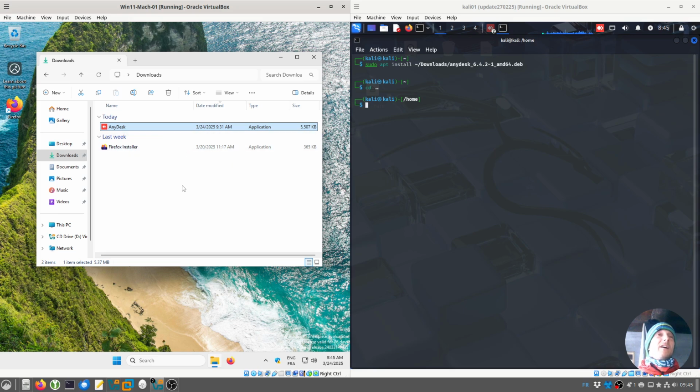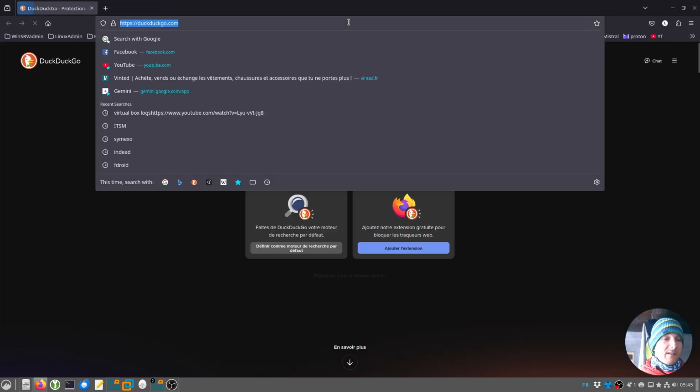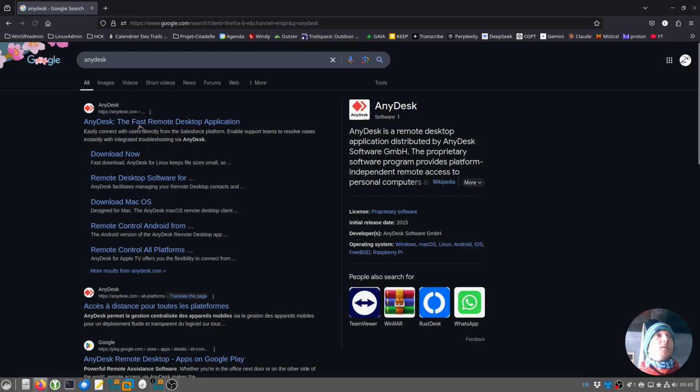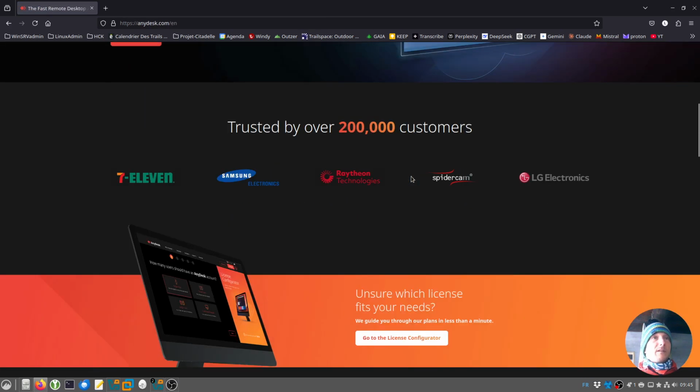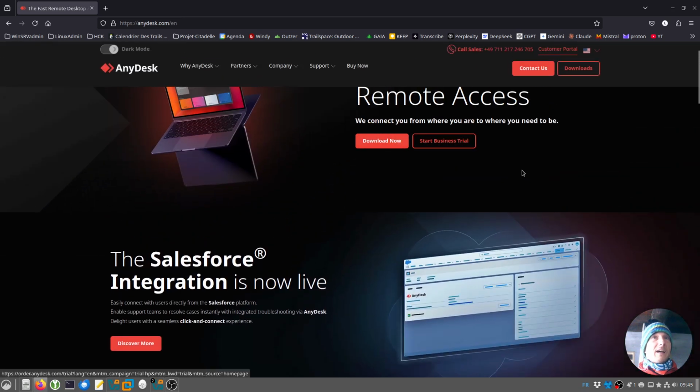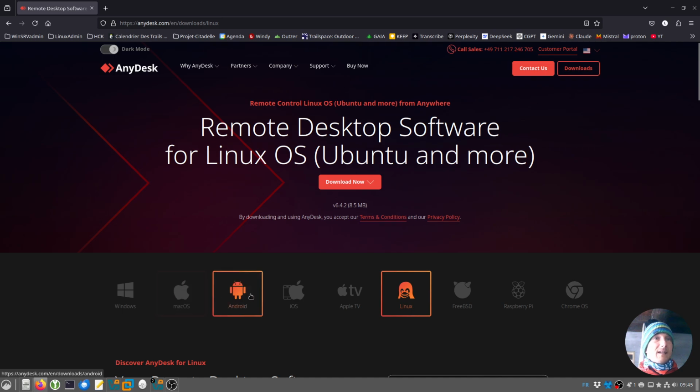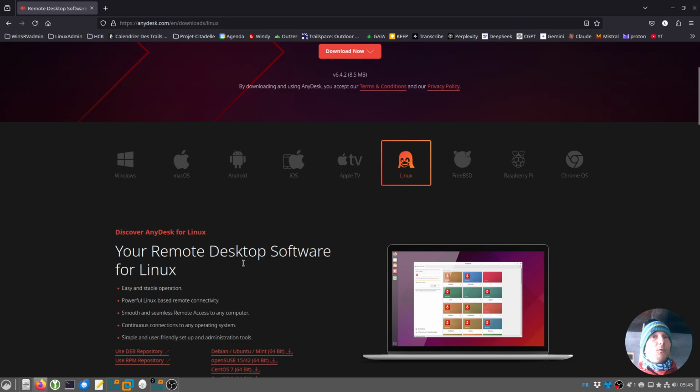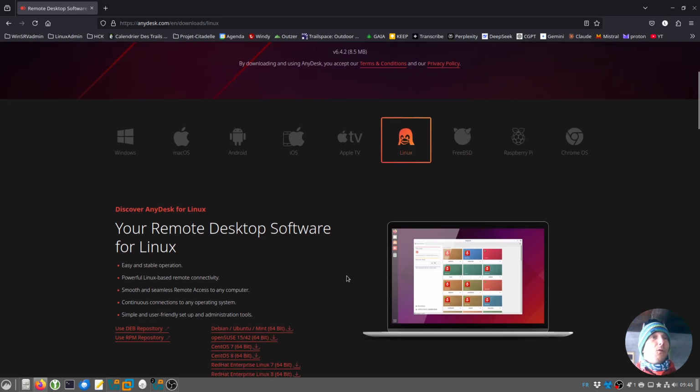You can use it between Linux and Windows. You can use Windows Server, Windows 10, Windows 11, Windows 7, Windows 8. You can use it anything on anything. If I go to this website AnyDesk, I can see that it's available for all the platforms. So if I went to download now, macOS, Android, iOS, Apple TV, FreeBSD, Linux, Raspberry Pi, Chrome OS, I can do remote control, remote help to all sorts of